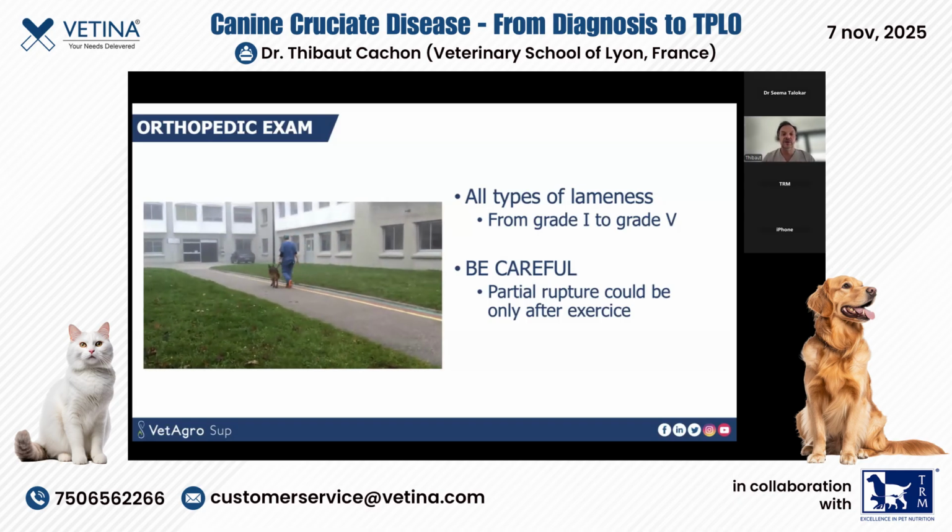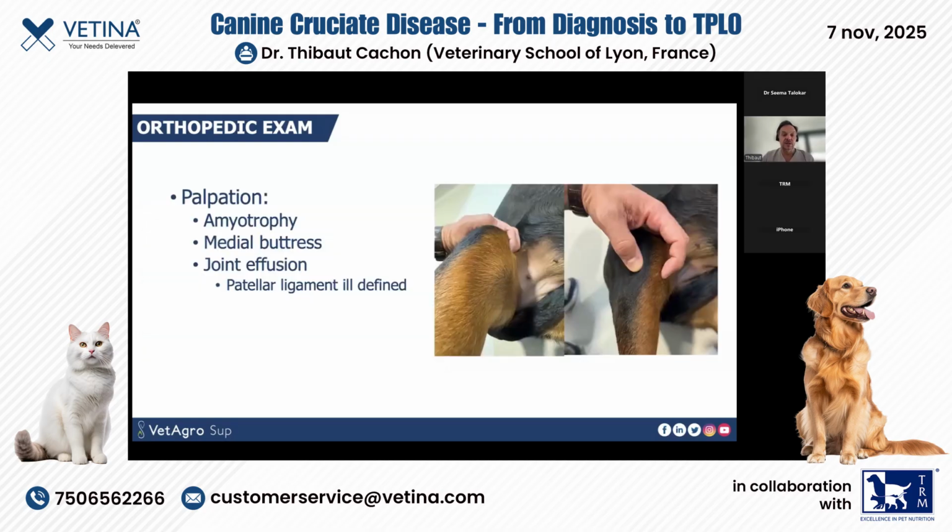So I would say that lameness on the hind limb is a cruciate unless you find other things. As soon as the dog is limping on the hind limb, you should think about cruciate disease. On palpation, the stifle of the Venus is enlarged. There is amyotrophy of the right hind limb, and you can see on this picture that there is